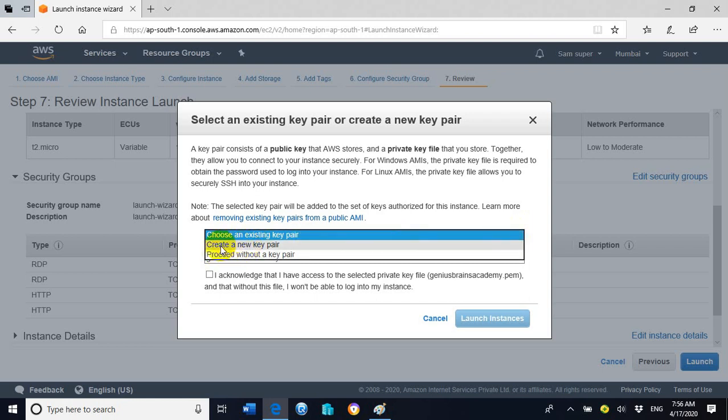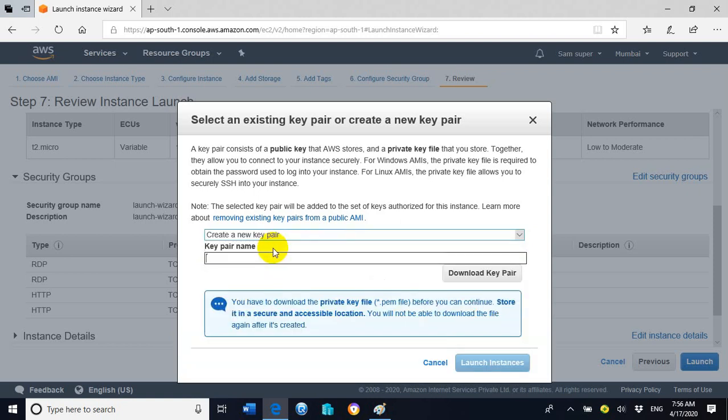Right now we will click on create a new key pair because we have not yet created any key pair before. So click the middle one, create a new key pair, and enter the key pair name that you want to assign. I will give the name of the key pair, my key pair. You can assign any different name you want.